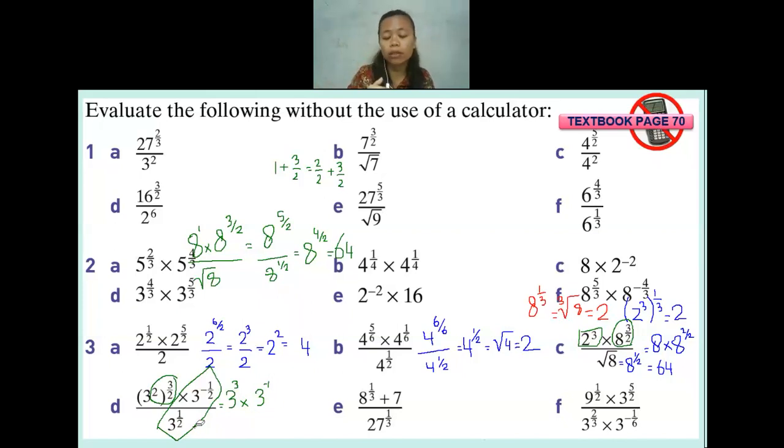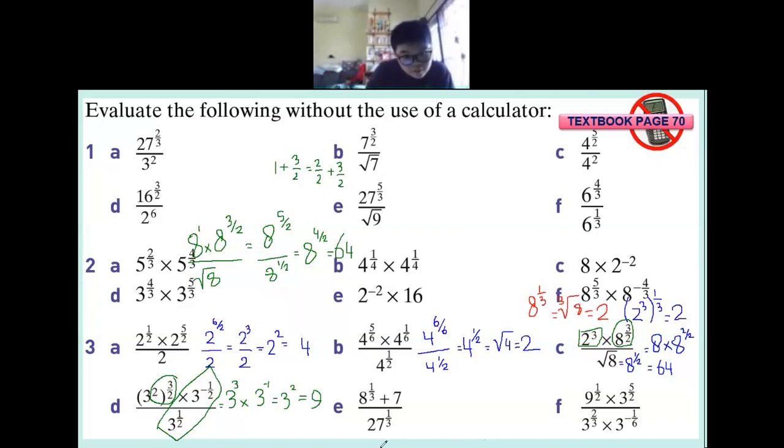And then for the other number, I do division. 3 to the power of negative 1 per 2 divided by 3 to the power of 1 per 2. A division, so I can subtract the power. Minus a half minus a half, the answer will be minus 1. So in total, it will be 3 to the power of 2, which equals 9. Is there anyone who disagrees? Maybe I made a silly mistake or wrong calculation for question D. Before I continue to question E, is there anyone having any question?